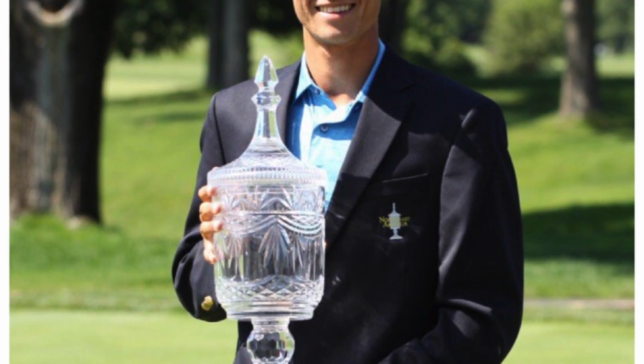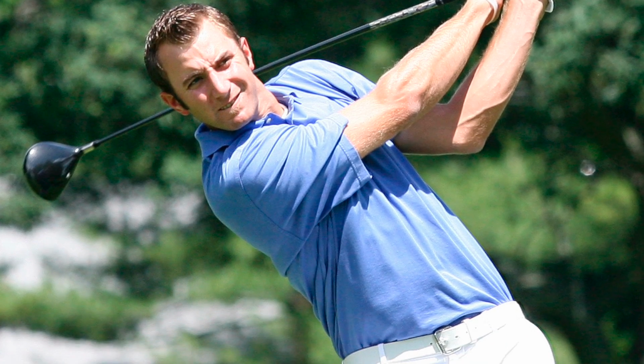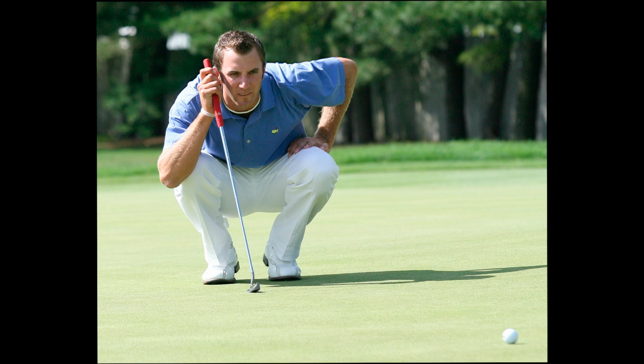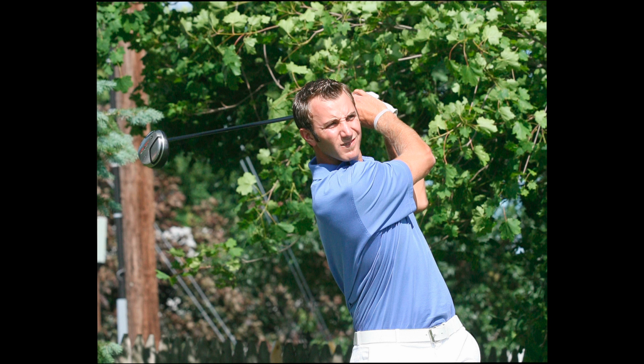But winning the Northeast Am was definitely very big for me. It was one of my biggest amateur wins, and it was a win where I think I started 5 or 6 back on Sunday. It was a really tough day, windy. The course was playing firm and fast, and I just played a really solid round. I didn't even feel like I was playing that well, and then I looked back, like through 8 holes,